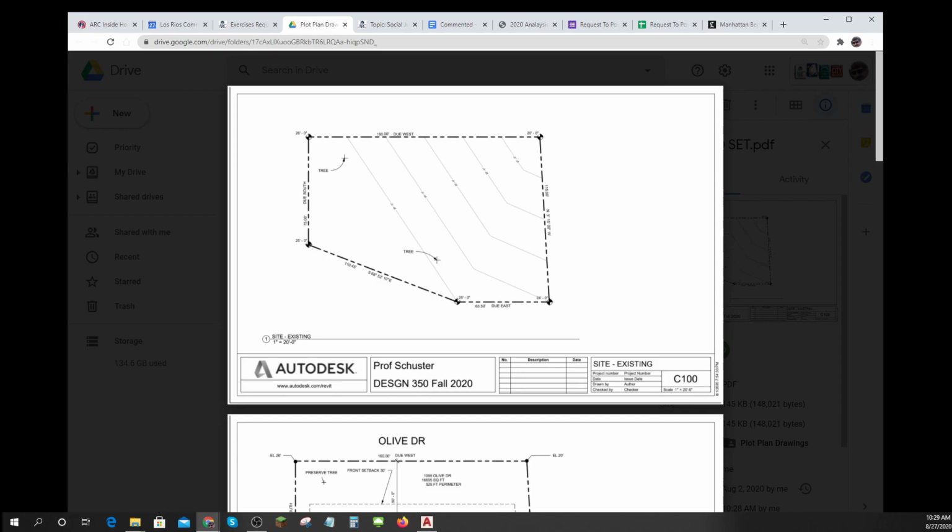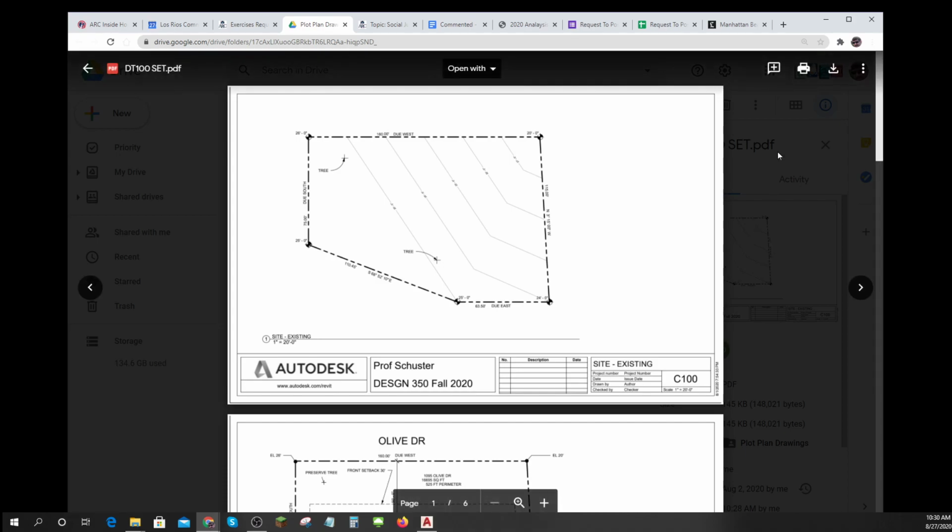And this one is what's called your existing site. So it's a blank, empty site, and you want to reproduce that in some way. As you're working on it, this text height here should either be 1/8 or 3/16 high. Now, I'll tell you, Revit is backwards. They do things backwards. Let me see if I can